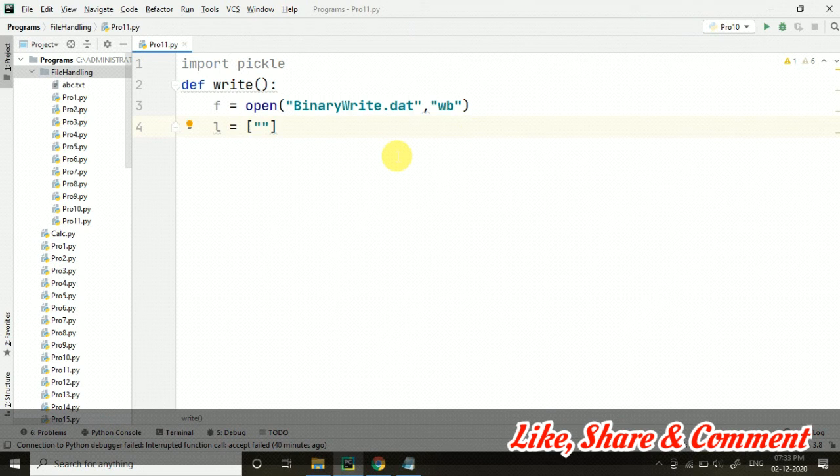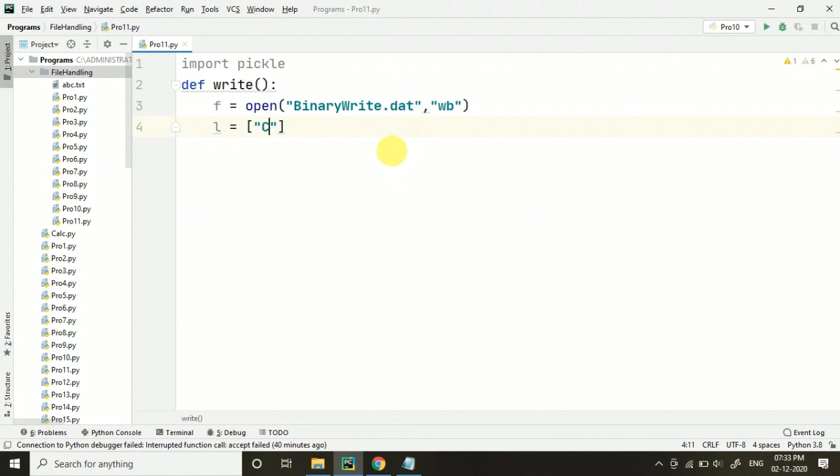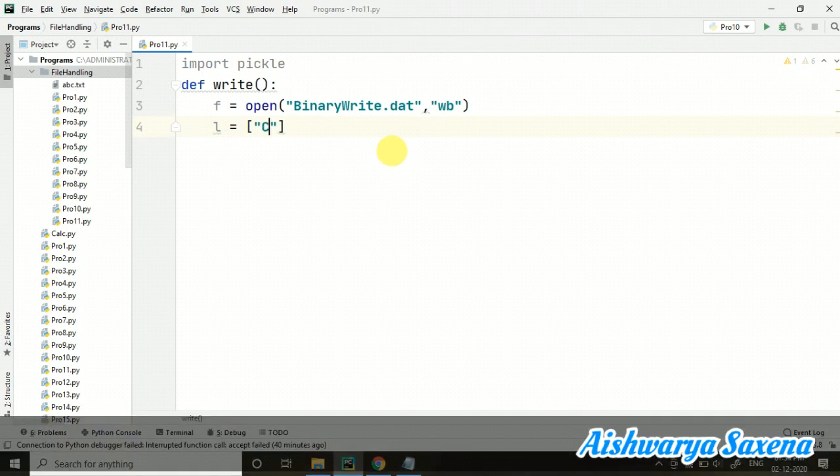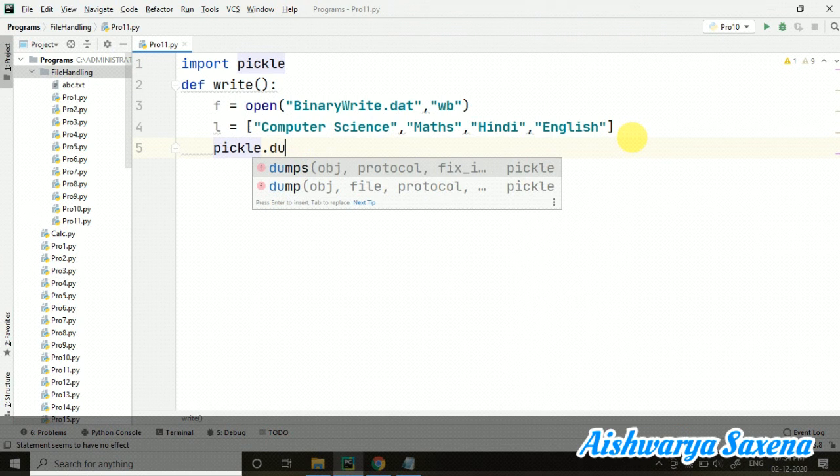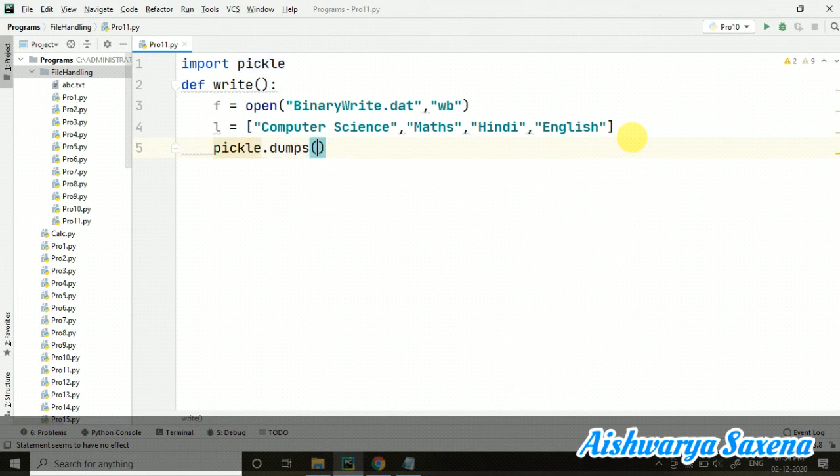Now you know why we are using this, because we have to use the structure here. Here I am taking some subjects, let's say computer science, maths, Hindi, English. So 4 subjects I have taken right now. Then pickle, that is our module, dot dump, because I have to write this into our file.